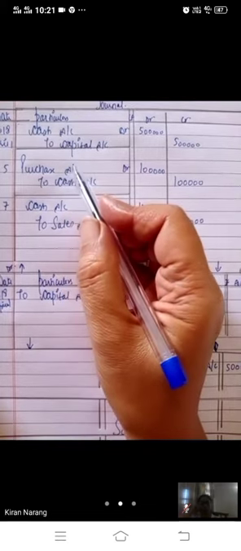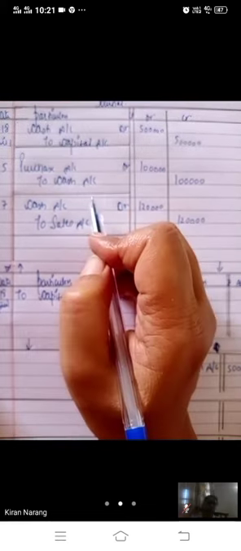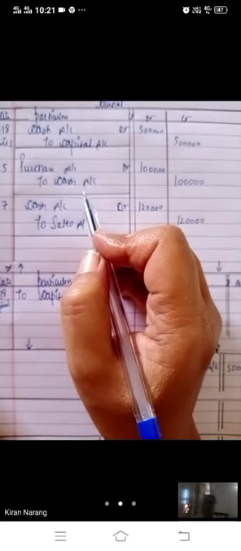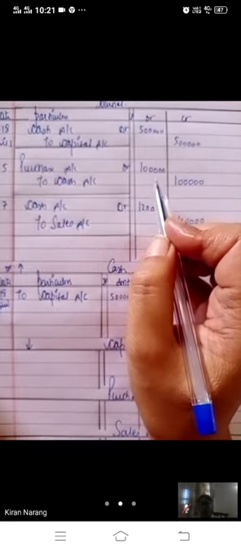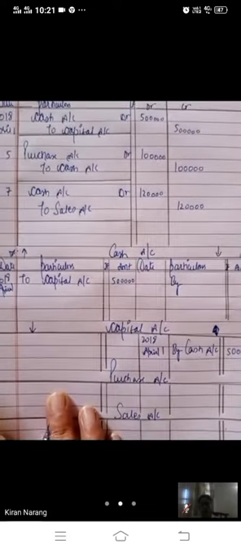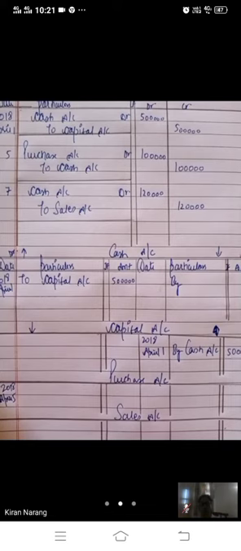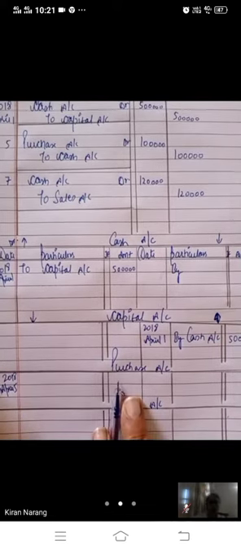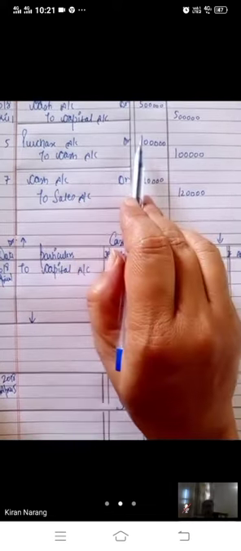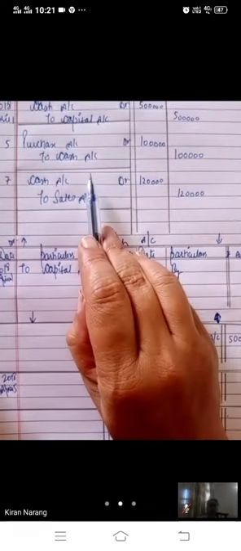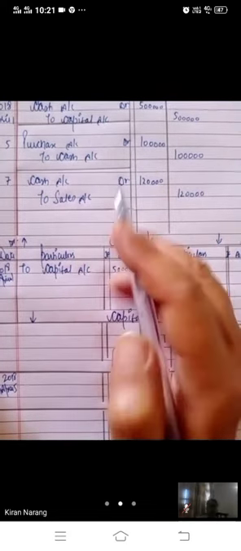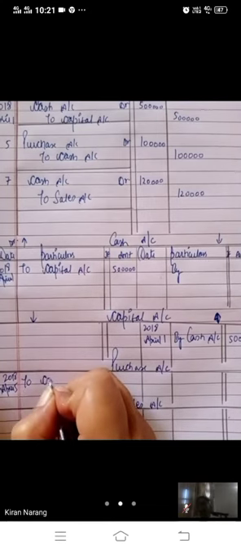Similarly, we will go to the next entry, purchase account debit to cash account. Here we have used two accounts, purchase and cash. Purchase account will be debited with 10,000 rupees. Purchase nature is debit, so it will be increased on the debit side. 2018 April 5. Here you will write why purchase account is increased. Purchase account is debited. On the debit side you will write "to cash account", just the opposite thing.